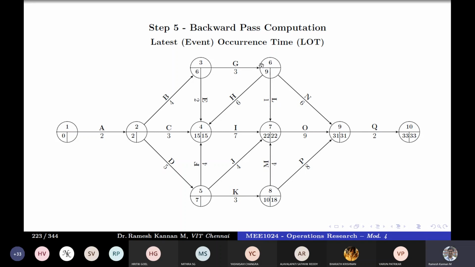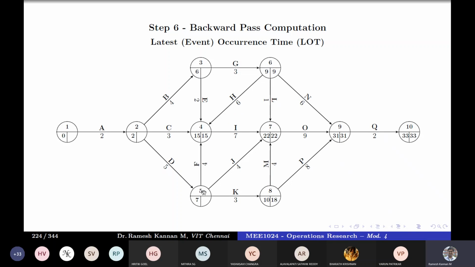Then once you know this, you can see 6 has got 3 arrows emerging. So in 6, there are 3 arrows emerging, which is 15 minus 6, which is 9. Then 22 minus 1, which is 21. Then 31 minus 6. I think 15 minus 6, 9 is the least value. So that will be here. Once we finish this, you can take a look at this here.